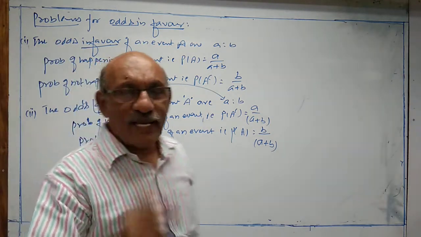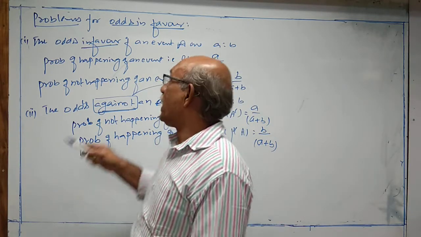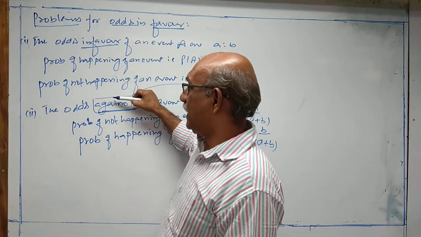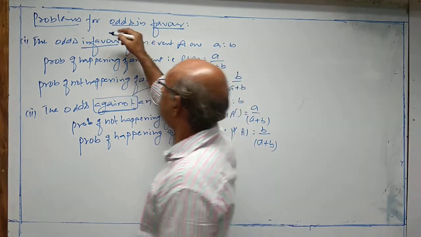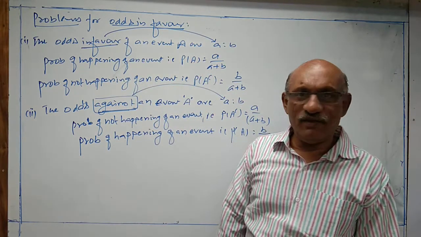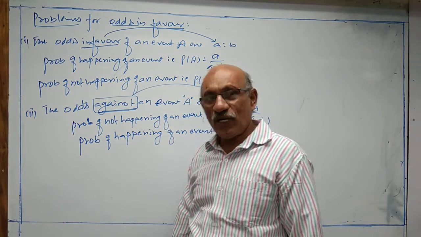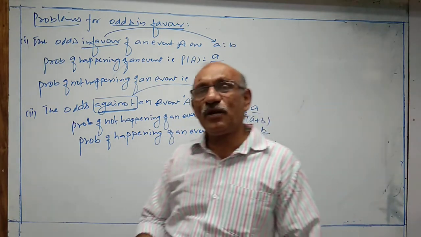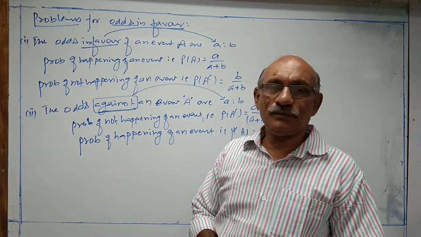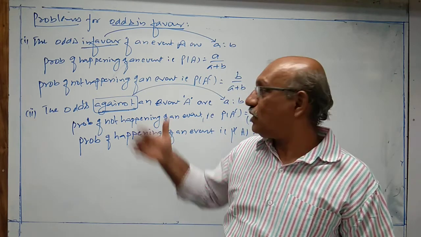So you must be very careful while solving the numerical questions, because you have to concentrate on whether the ratio is in favor or against. If it is in favor, a cases are in favor. If it is against, a cases are against. If you keep this particular point in your mind, these problems are very simple. To get more clarity on this, I am doing 3-4 questions on this. Note down this, sir.